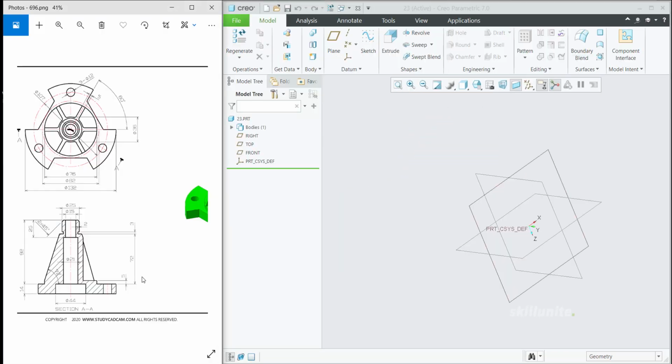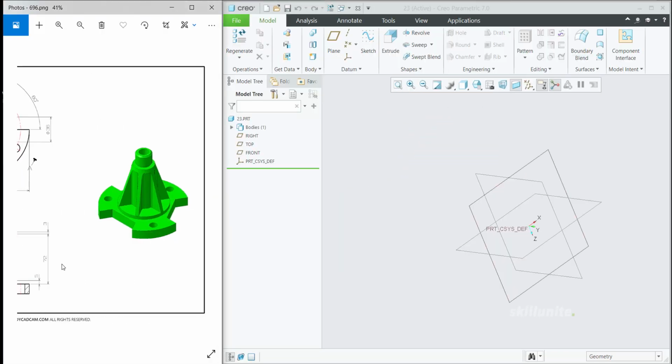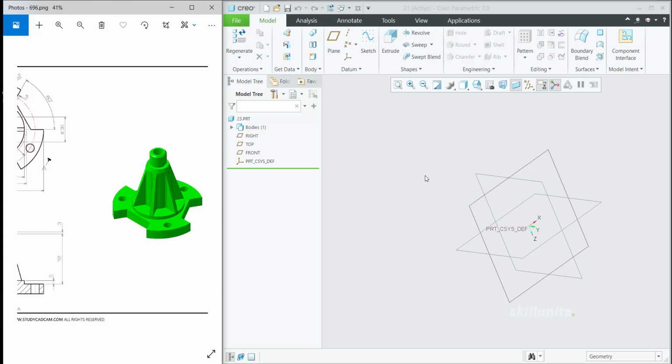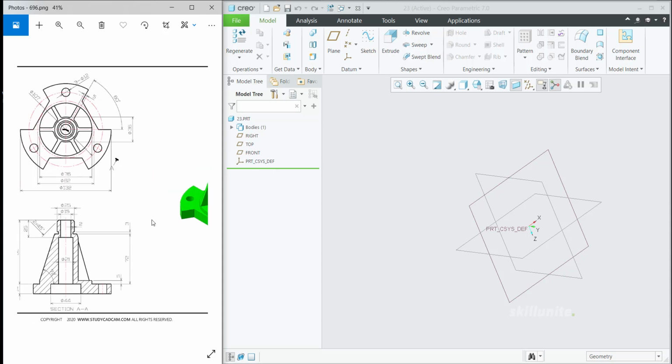In this section we are going to create this model over here. So already I have opened the part user interface. So we are going to start from SketchUp. First of all, we are going to create this shape, the section view, whatever we are having over here, not the triangle, because the triangle is coming like a rib kind of feature. So first we are going to make this and we are going to revolve it complete 360 degree. Then the rib, then we are making pattern, then the cutouts, holes, everything we are going to do.